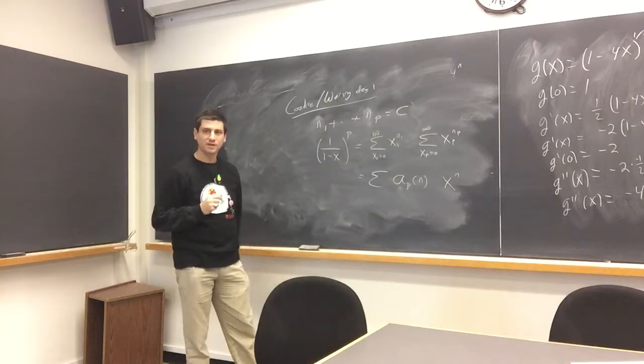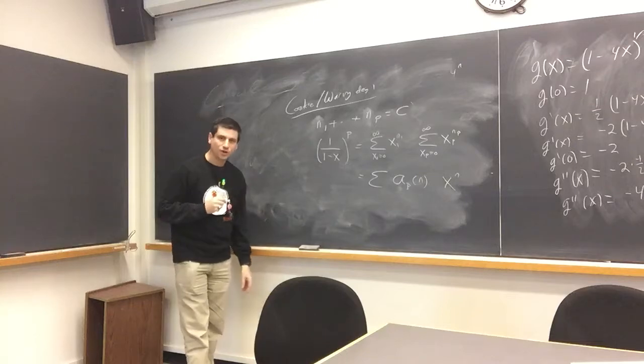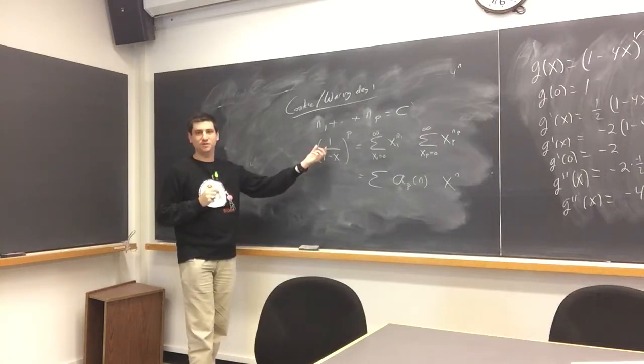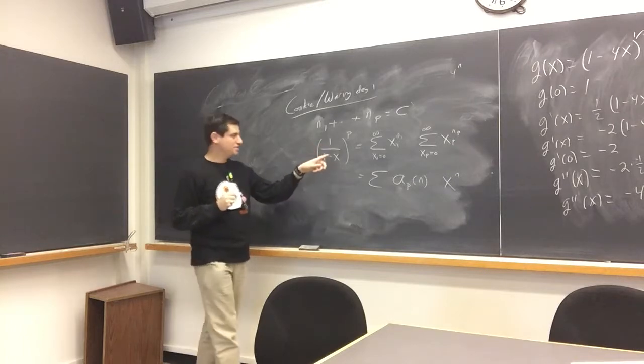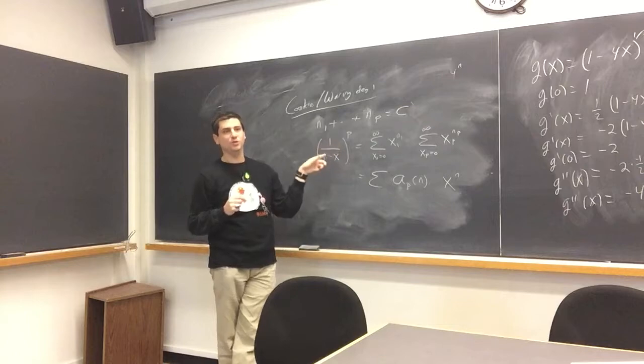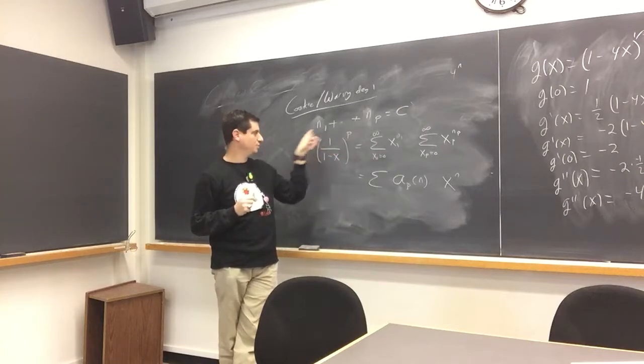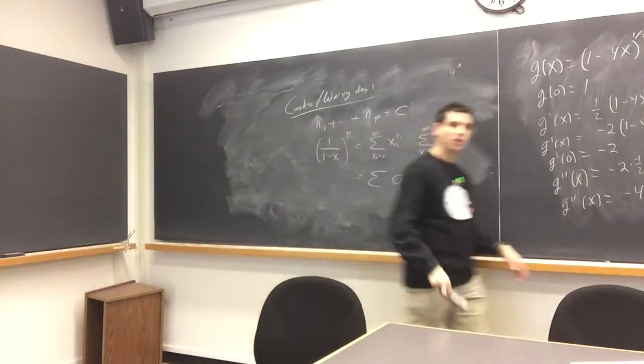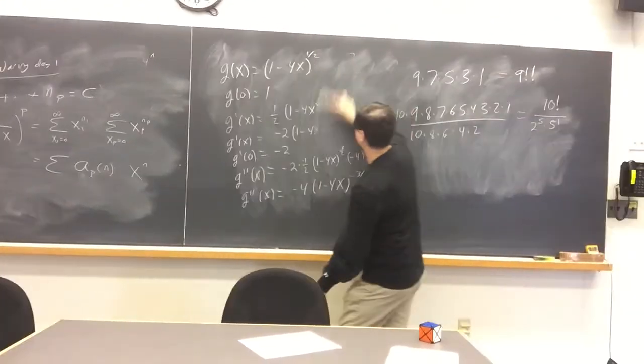Isn't that the pth derivative of 1 over 1 minus x, divided by p factorial? Exactly. So can you calculate the pth derivative of this? It's not going to be that bad. Because what's nice is, unlike the other problem where we had the square root, if we take the derivative, we'll have p times 1 minus x to the p minus 1. So let's just quickly look at what the derivatives of that are going to be.